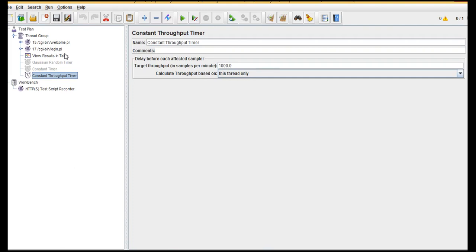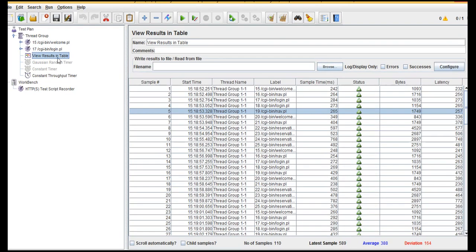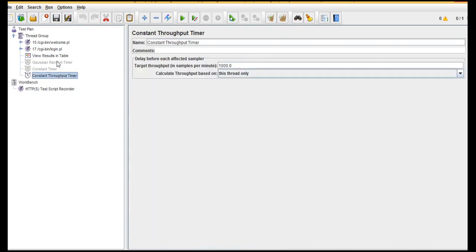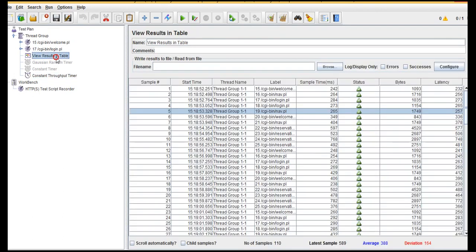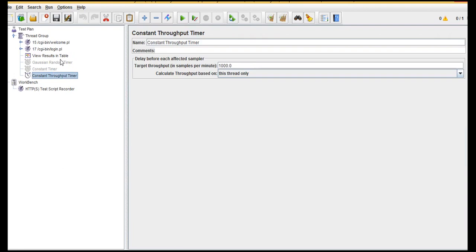In 90% of the cases, you might not get the use of these timers when you are actually writing a script, but whenever you feel that you want a minute gap, then you can go ahead with these timers. So that's it about this section.